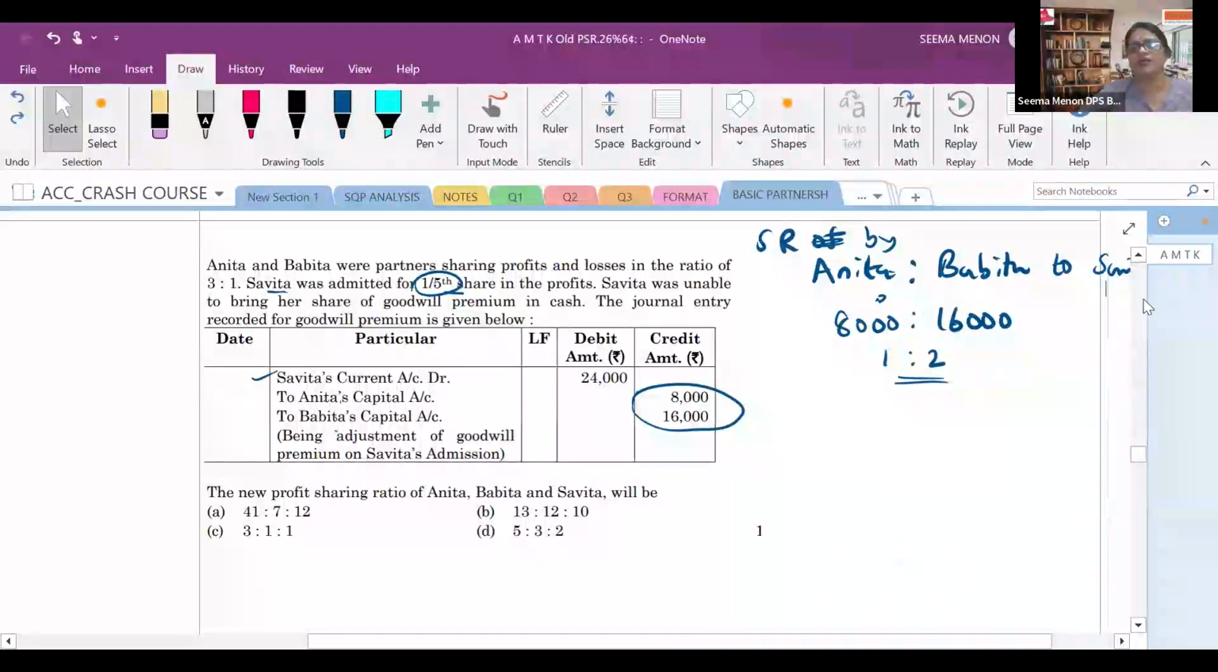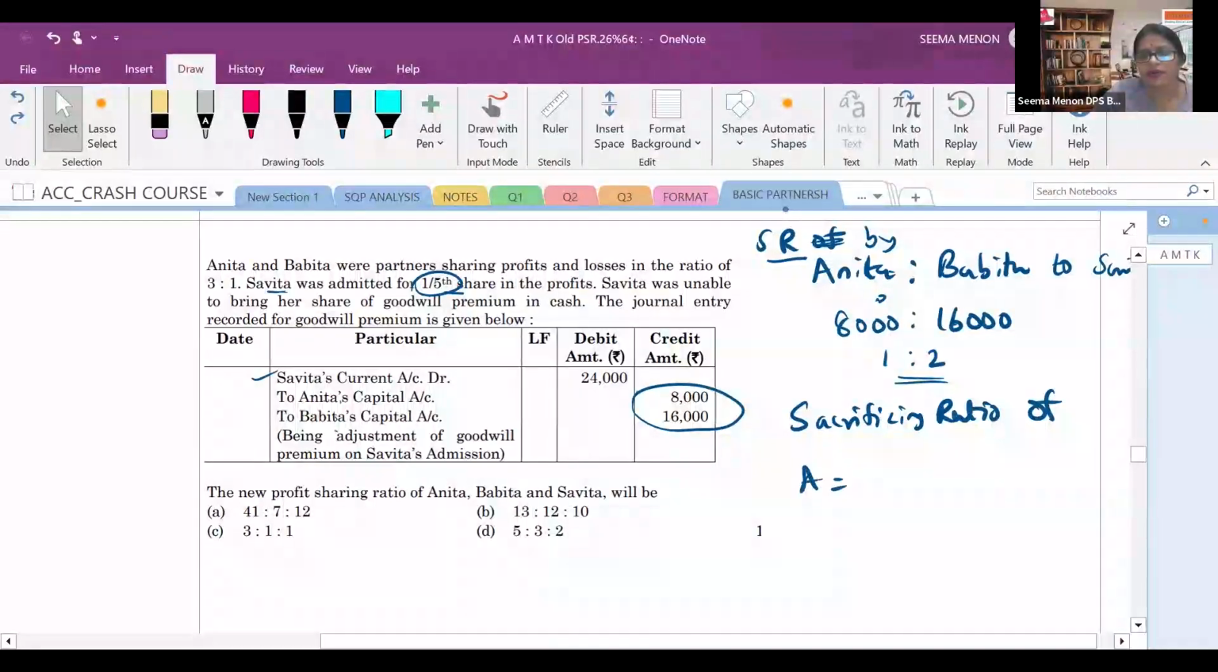What is Savita's share? 1/5. Okay. Now you need to find out the original sacrificing ratio. This is the sacrifice by Anita and Babita towards Savita's share. Now, sacrificing ratio of Anita and sacrificing ratio of